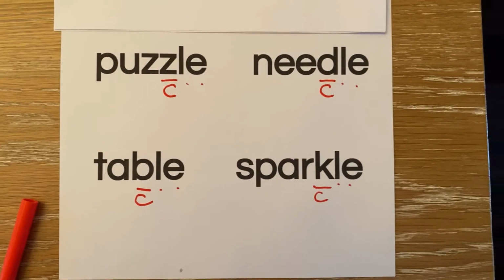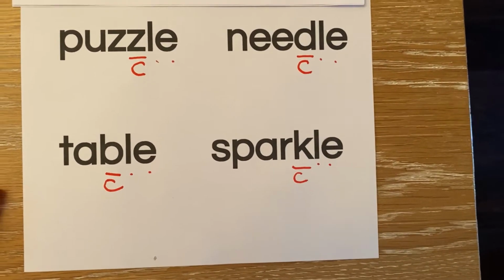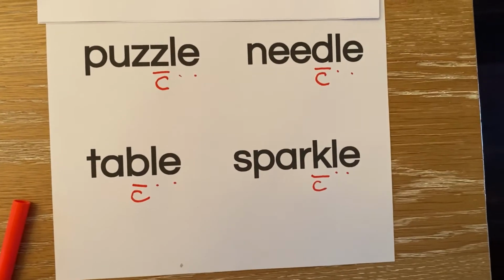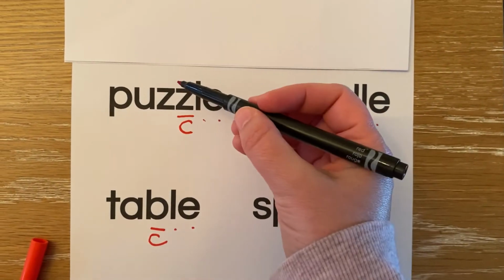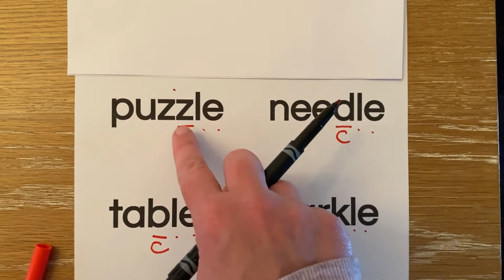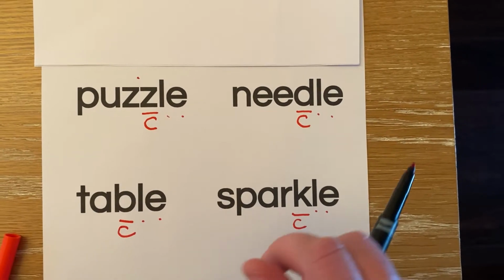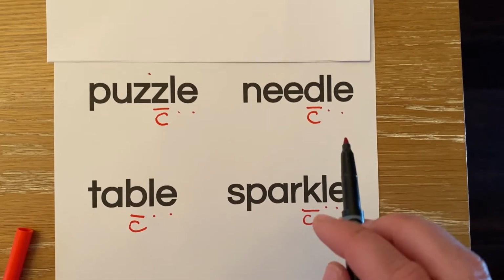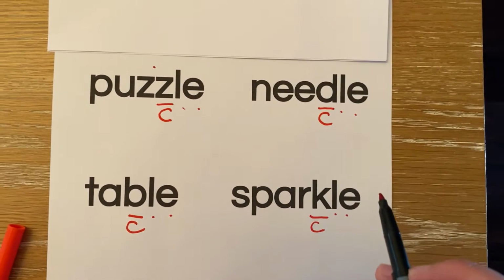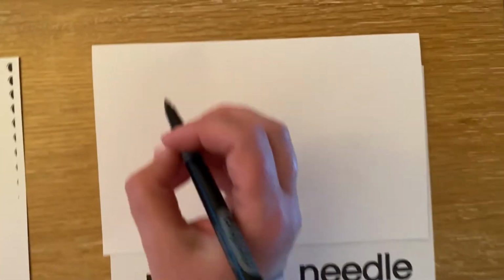So the name of this syllable, final consonant LE, is telling us that it's final, meaning it's at the end of a word. At the end of a word, you will find a consonant and then an LE. There are 9 different consonant LE combinations. They are